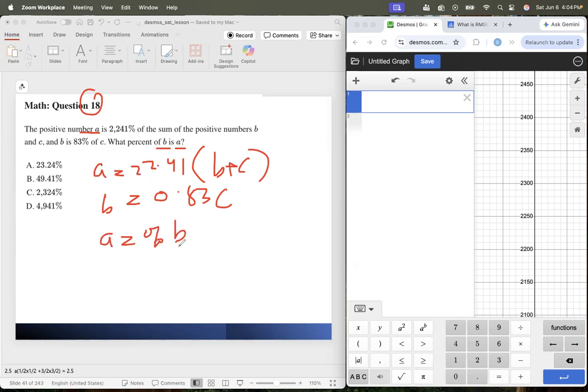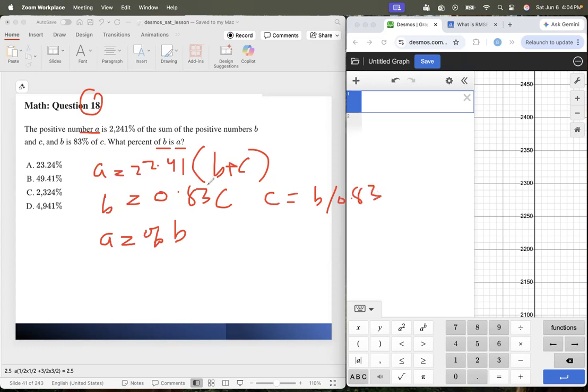I don't know yet, but I can equate these values together so that I get the right answer. B is that percent. So I'm going to put B here, and then C will equate each other. That's the easy way we can do that. So B is 0.83 C. Why don't we substitute that value? Therefore, C is equal to B over